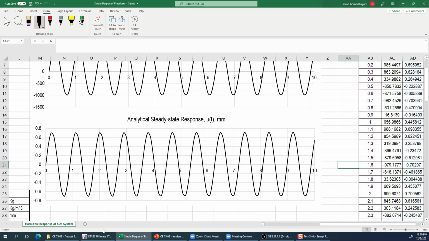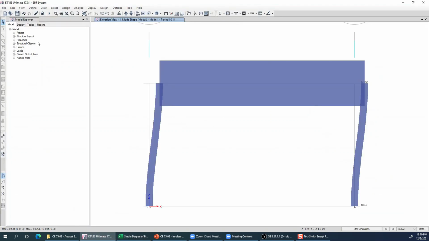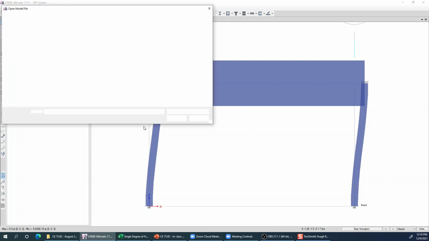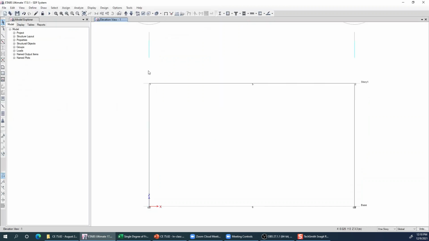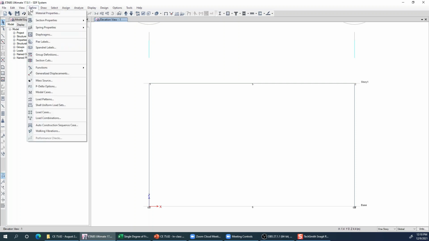So let me now go to ETABS and open the same model which is not run already, so that I can show you how we can define a harmonic loading in our ETABS model. So the process of defining the harmonic loading will start from defining the harmonic function. The first step will be that we will be defining a function, the same harmonic function, and that function will be assigned to a pattern actually, and that pattern should include that point load which is applied to